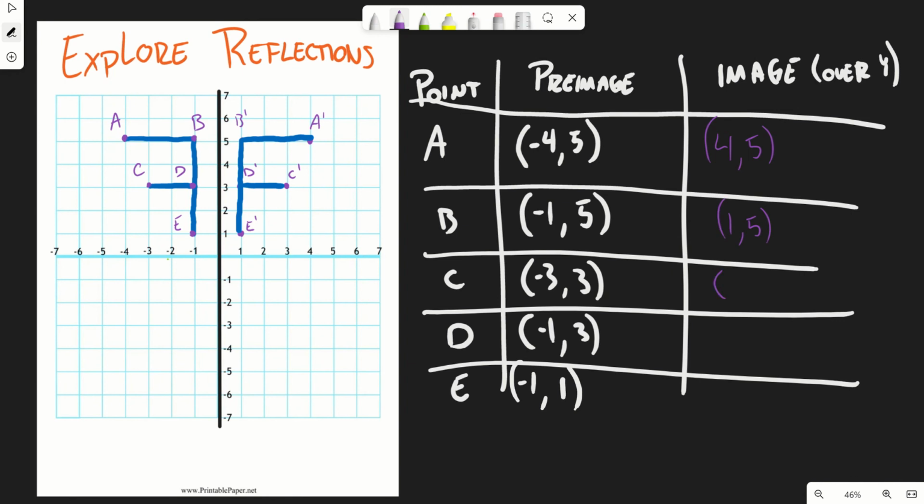Point C is at 3, 3. Point D is at 1, 3. And point E is at 1, 1. Now, what relationship do you see here when I